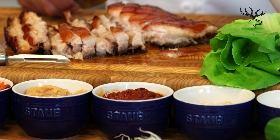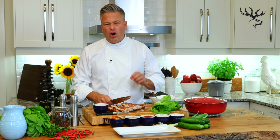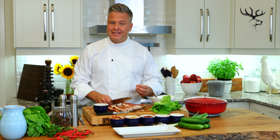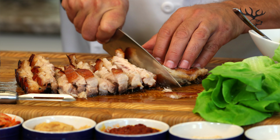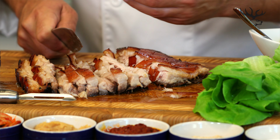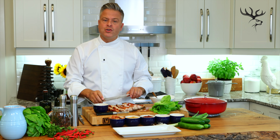After just 2.5 hours braising in the oven, this pork belly is perfect. All of the connective tissue has broken down. It's tender, it's moist and juicy. All I have to do is thinly slice the belly. Don't worry if some of the skin comes off. It's still crispy and it's succulent,